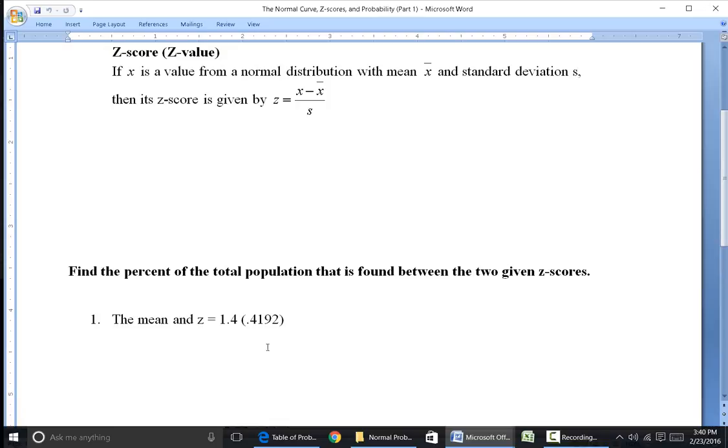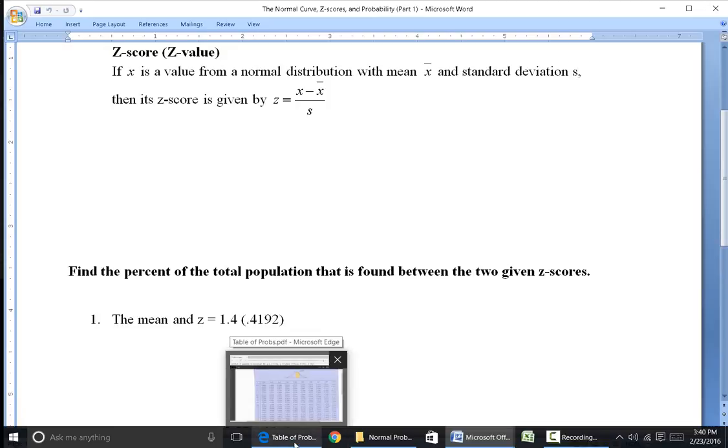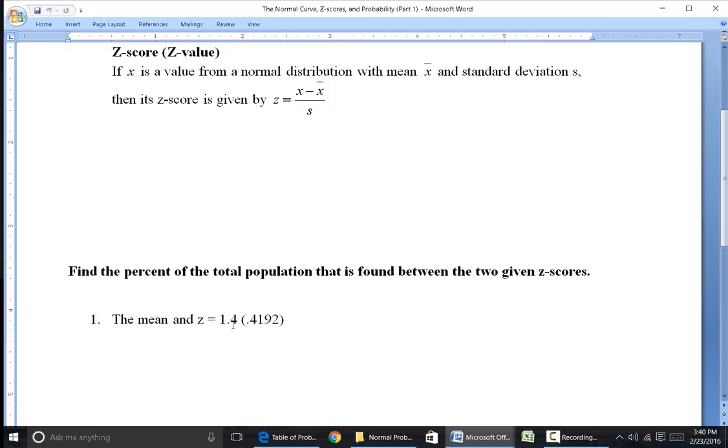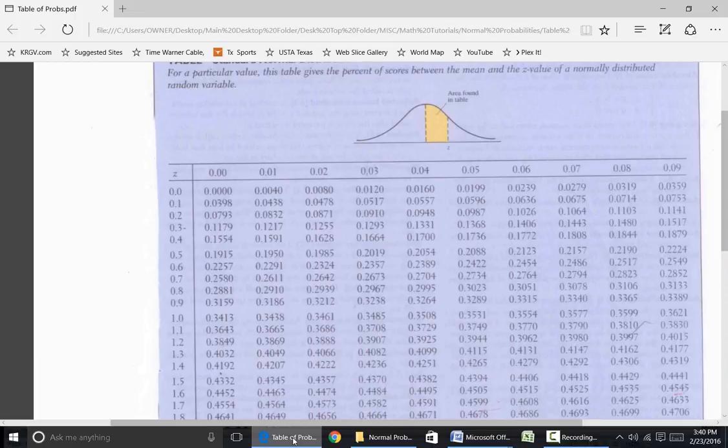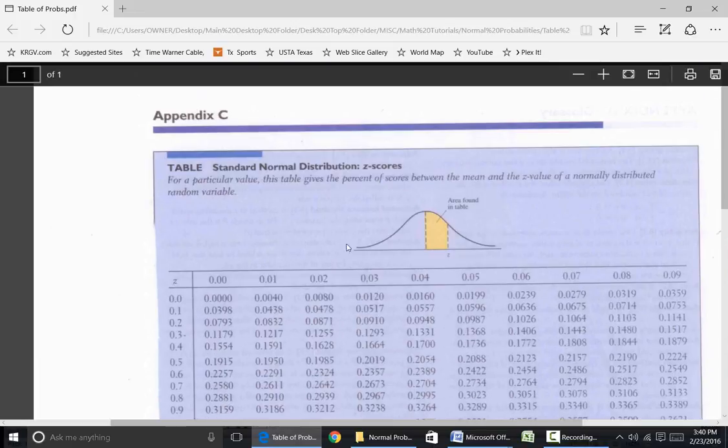Because I can't use the graph that we looked at, because again the z-value is not an integer, it's a decimal here. So like I said, the first method to do this is using the table. Okay, so here's the table. Notice what the instructions say. For a particular value, this table gives the percent of scores between the mean and the z-value of a normally